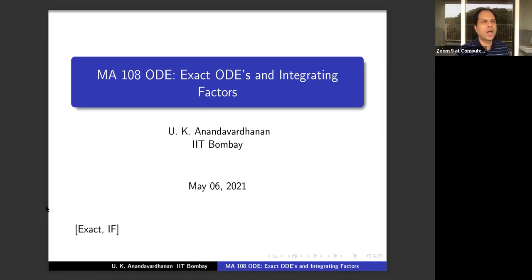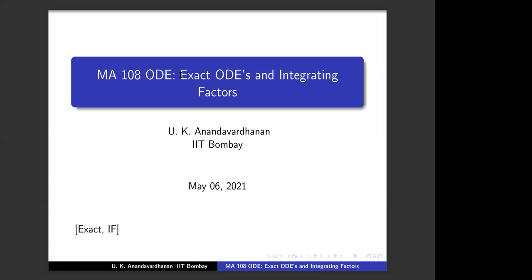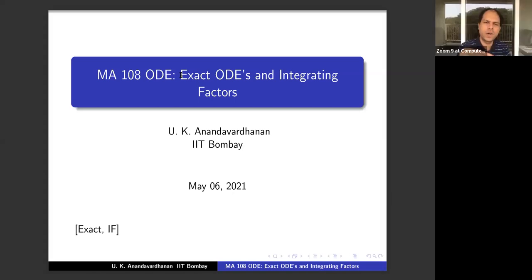So homogeneous: whenever y equal to vx works, it converts that to a separable equation. Then you know how to solve a separable equation. Today we are going to do a third type, a third method, which is called exact ordinary differential equations. In fact, I really like this topic, and I hope you will also like this because this recalls many things from your calculus class, multivariable calculus.